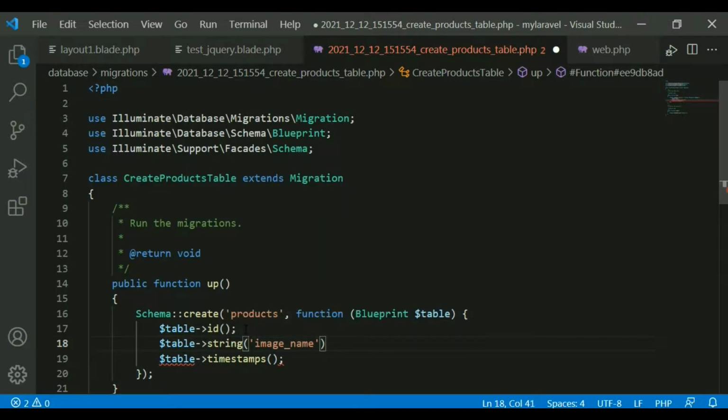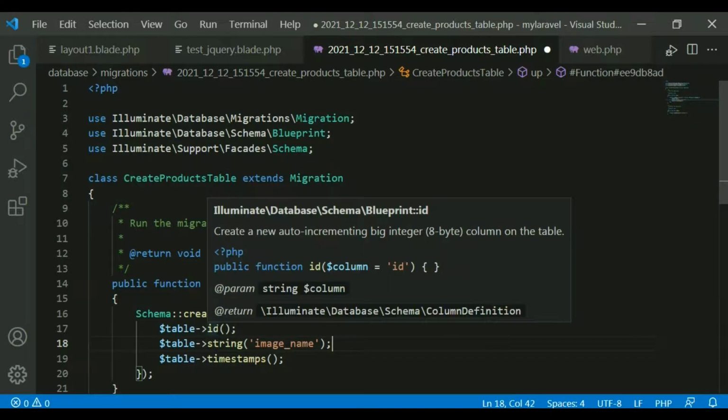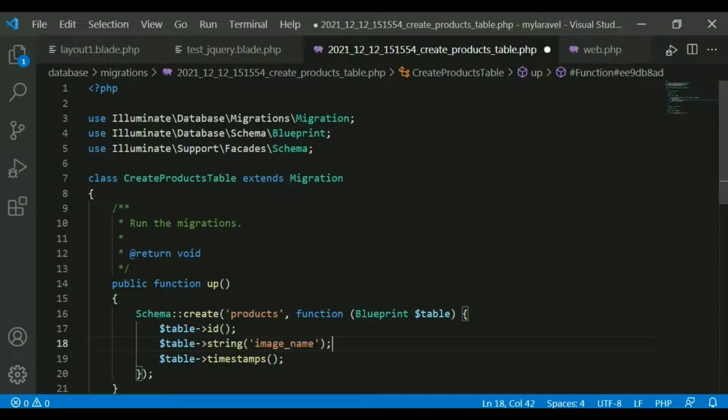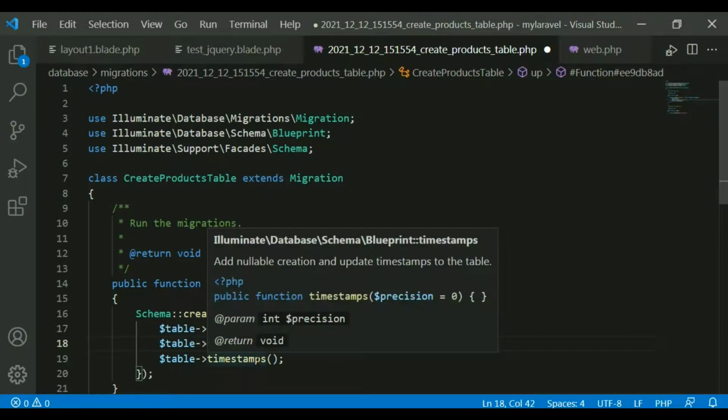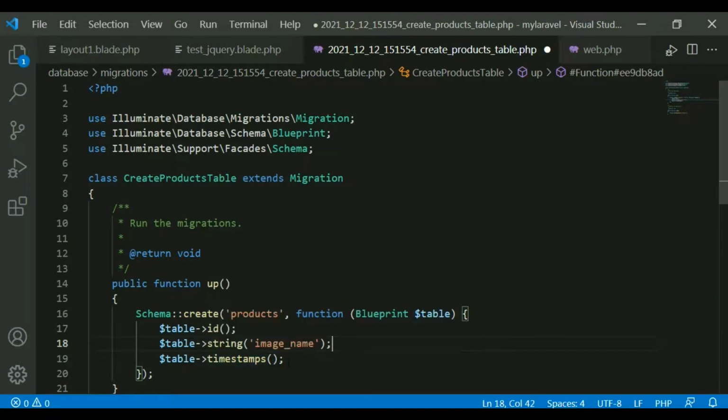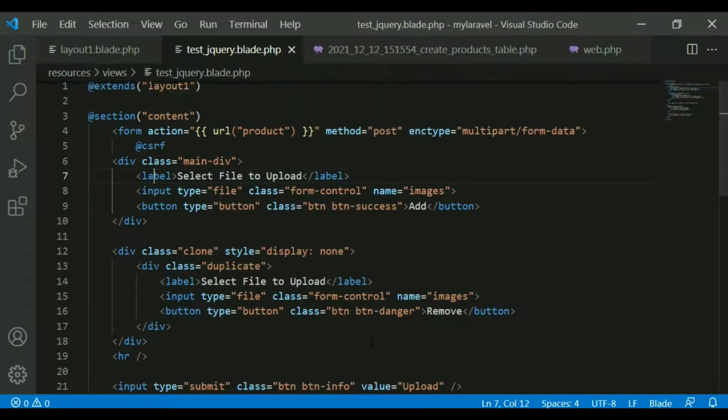So here I can create like this. I want to create a products table, which must have an ID field, an image_name field, and timestamp fields, created_at and updated_at. After adding this particular line, I have to run my migration to create the table. So go to the